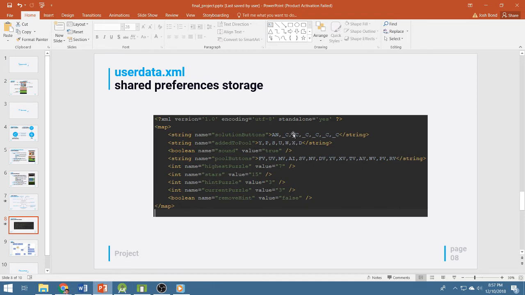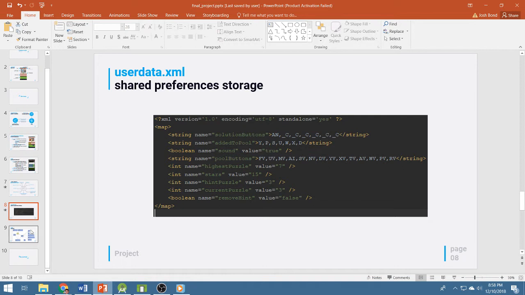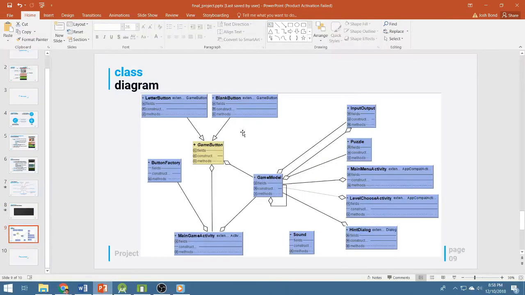So we might have a T here, and it would be clickable, meaning that the user put it there. But this is where all the data is stored that the game tracks, and this is the class diagram. It's a nice bird's eye view of the code. And before we get into the code, I just want to show you this because I always like to see